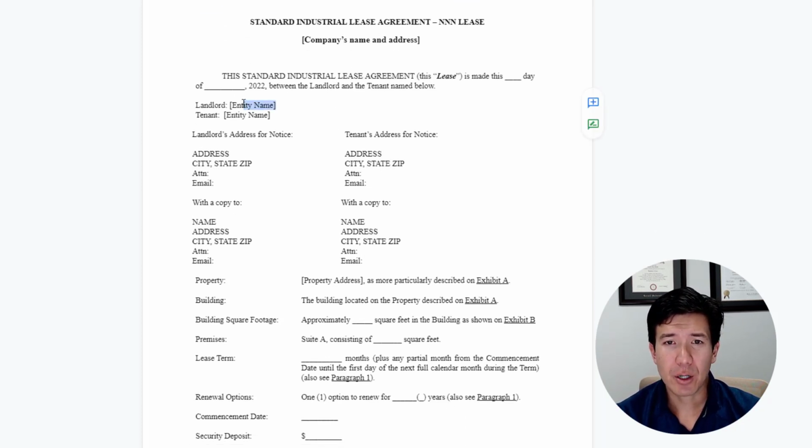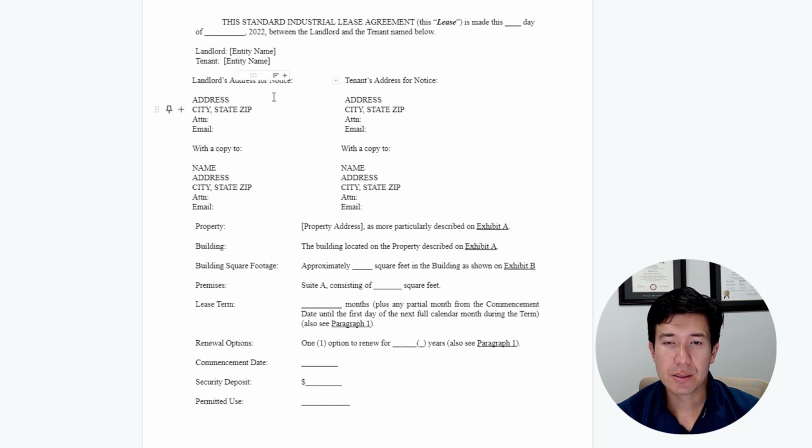First things, name the parties. It's really important that the landlord is properly named: LPs versus LLCs, corps, if there's a manager. The actual deed record owner needs to be the landlord. The tenant, again, needs to be the entity that's going to occupy the space. If you're a landlord, it's important that you properly name the business operating entity or somebody that has a contractual right to perform business.